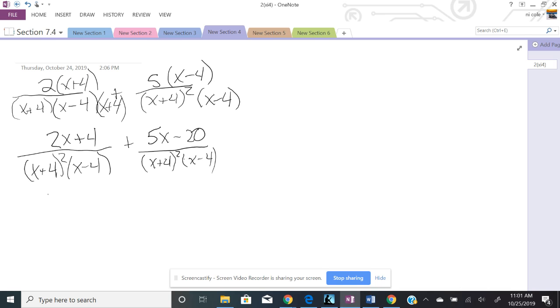Okay, now I can come down and I can do 2x plus 5x, which gives me 7x. And then I have 4 minus 20 gives me 16x all over x plus 4 squared times x minus 4. All right, and I note I cannot factor. I do not have greatest